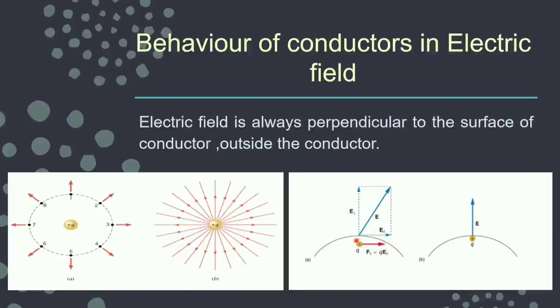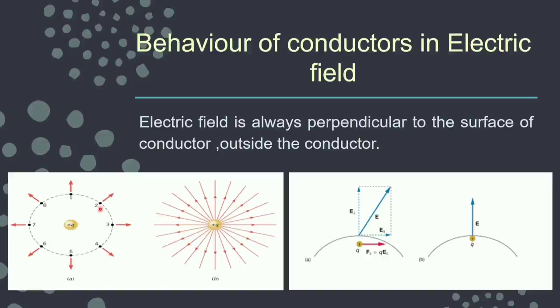So when it starts moving along the x-axis, it means what? That the charge is in motion. It means we have to talk about the current, but we are dealing with electrostatics. So in electrostatics, charge cannot move, charge has to be at rest. And when it has to be at rest, it means the horizontal component should be 0. So all the field which is acting is always the vertical component, that is the perpendicular component. So this is to conclude that electric field always acts perpendicular to the surface of the conductor.